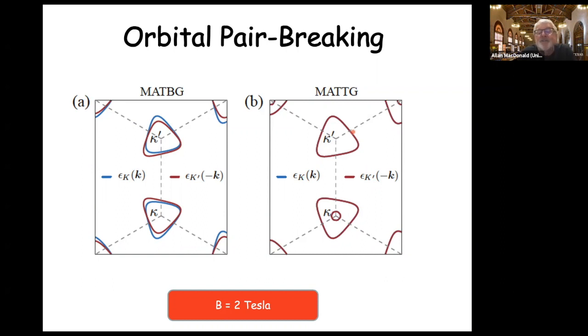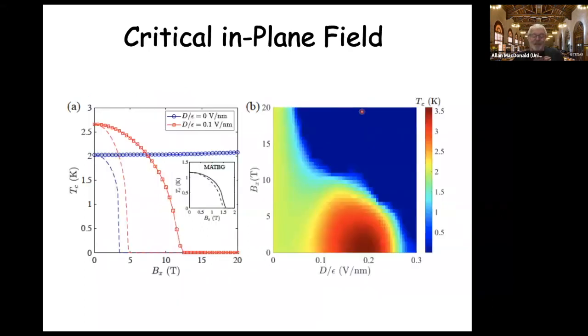And it turns out you can examine that more formally, and in fact, because of the mirror symmetry that I was talking about before, an in-plane magnetic field for twisted trilayer graphene doesn't interfere with the nesting between K and minus K Fermi surfaces. And there's no pair breaking effect in that way. So here's a specific microscopic calculation,